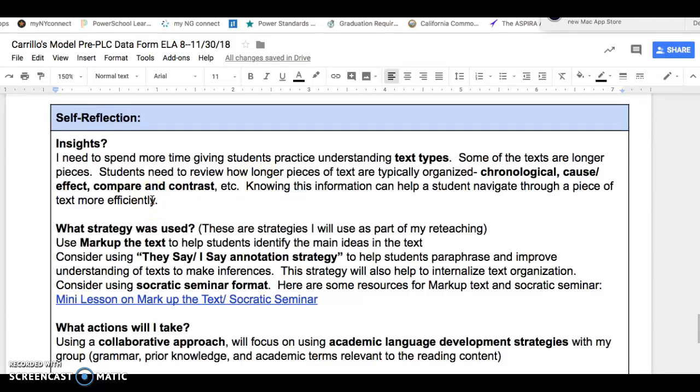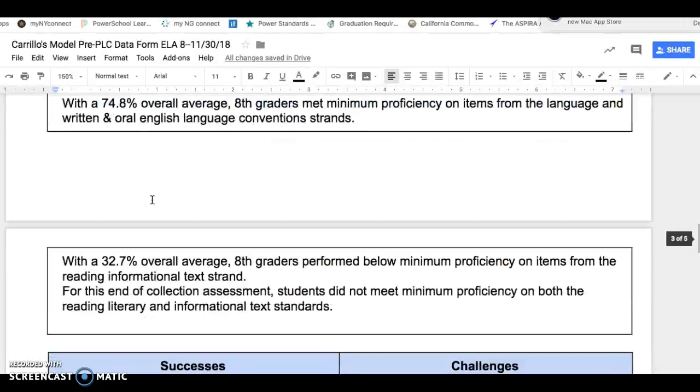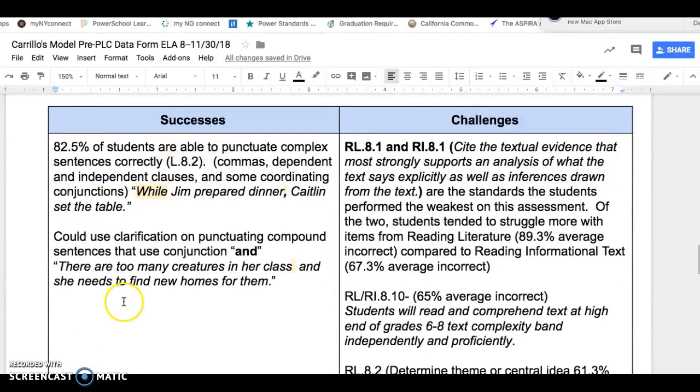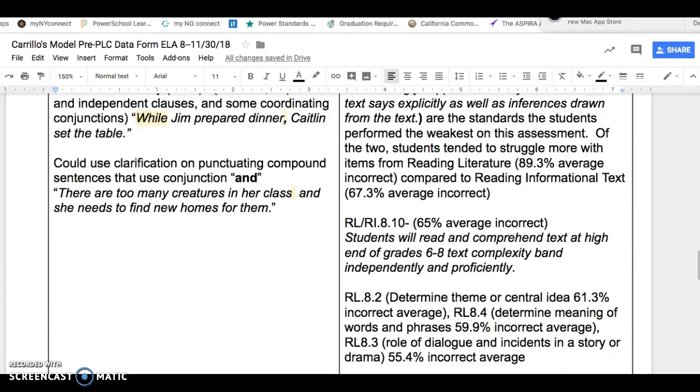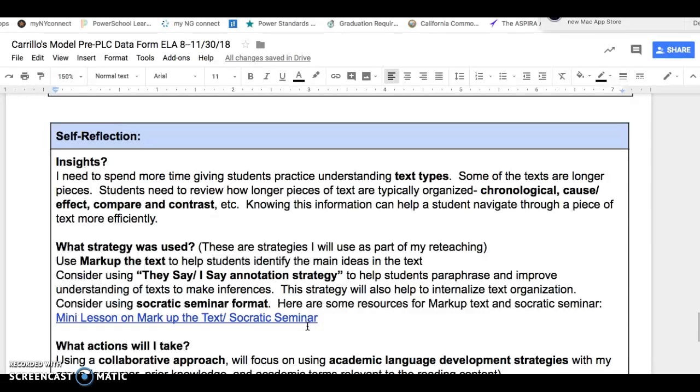Okay, so for this last part, this is part three of the PLC data analysis form. This is after you spent the time looking at the overall data, what the data reflected about what the students can do well, and the areas where we need to spend more time, give our students more practice so we can remedy these challenges. And then looking at those actual questions so we can pull out what are the causes for the challenges that students are experiencing. Then after taking that time to do that reflection, then comes a self-reflection and then the